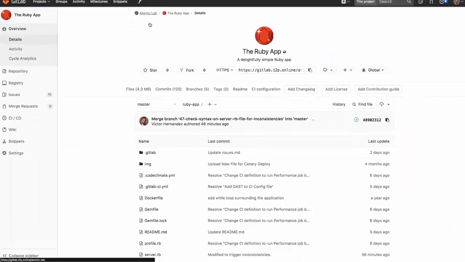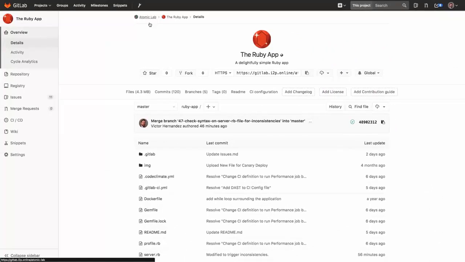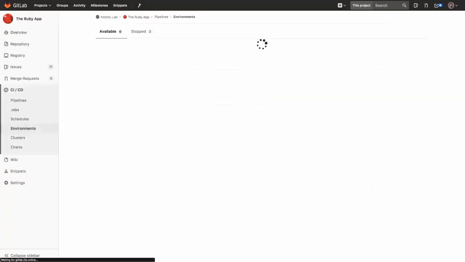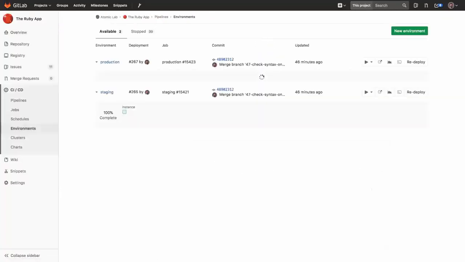I'm playing the role of a dev team lead in this particular project. And looking at our environments, let me take you there. We currently have two environments, one for staging and one for production. At any given point, we can spin up additional environments where needed, for example, for reviewing code that is currently in flight. In the case of what's currently in production, this is that simple message that I mentioned, hello world,